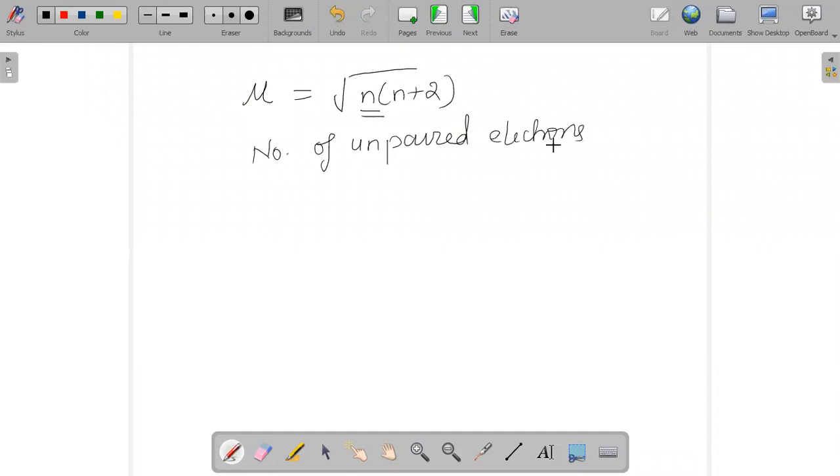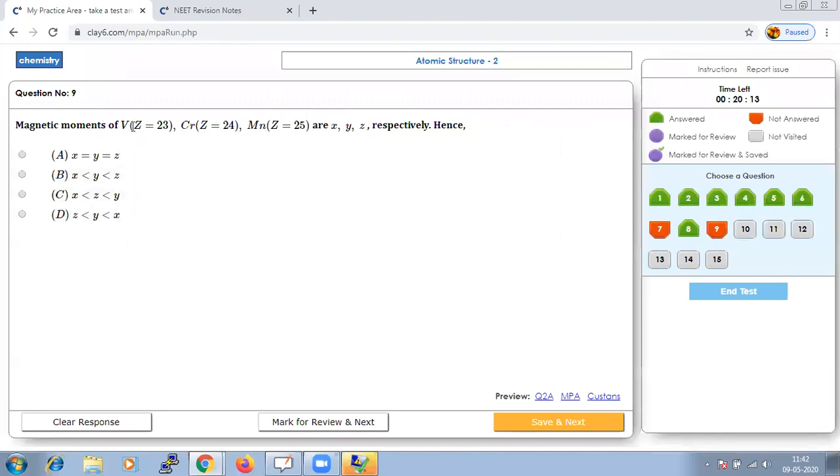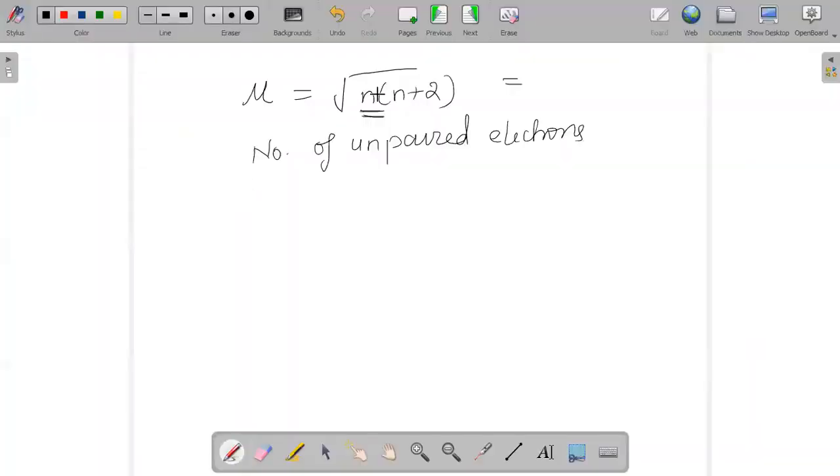So when I say magnetic moment of V, Cr, Mn, you can calculate the maximum number of unpaired electrons in the given option, substitute in place of n, and calculate for each given option. Here you need not worry, because they have already given you the atomic number. Hence, doing the electronic configuration becomes much simpler, and it will be easy for you to find out the number of unpaired electrons. And when you find that, you could easily substitute in this and reach a conclusion.